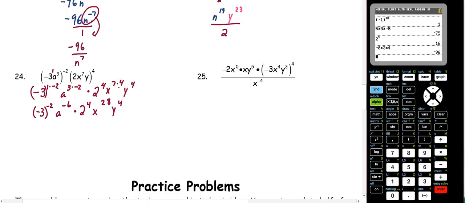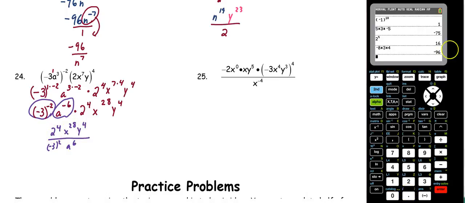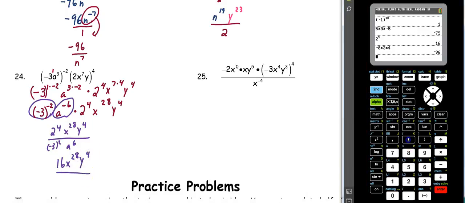Now, there are no bases to combine, but I have negative exponents that need to move to my denominator, because I have a negative exponent for a and a negative exponent for -3. So we get 2 to the 4th, x to the 28th, y to the 4th, all over -3 squared, a to the 6th. Last thing I want to do is I want to simplify this. So 2 to the 4th, remember from earlier, is 16. X to the 28th, y to the 4th. -3 squared, make sure you're using parentheses. So -3 parentheses squared is 9,